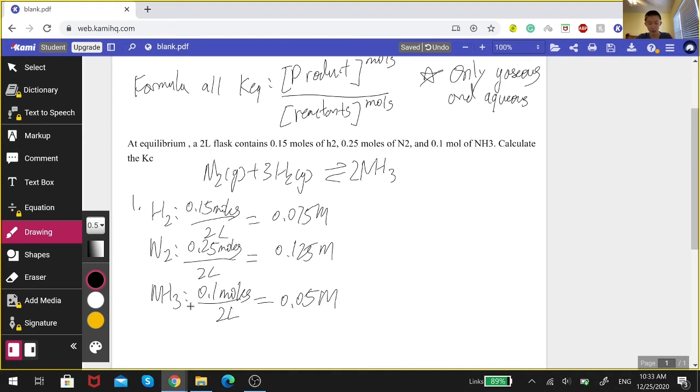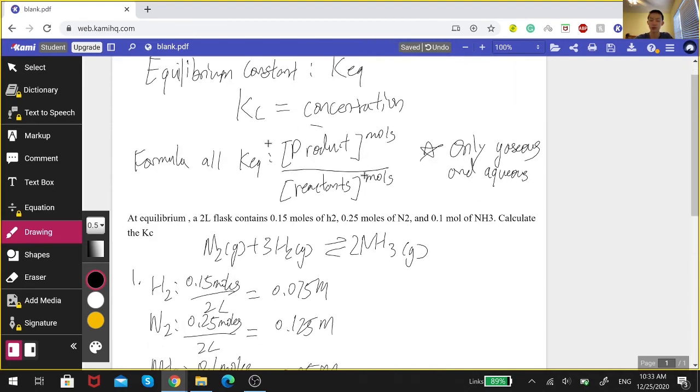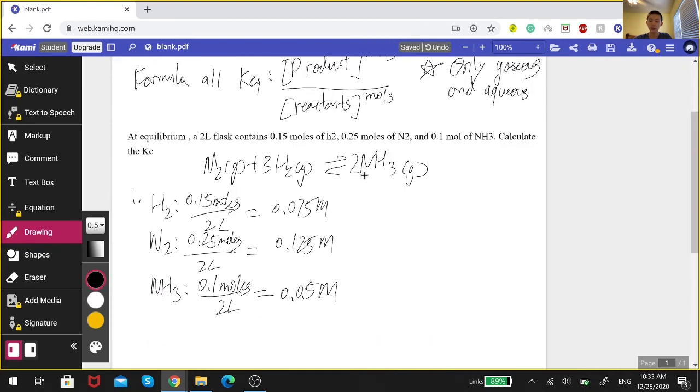Okay, now you would plug all of these into the formula. All 3 of these are gas, right? N2 is gas, H2 is gas, and the NH3 compound is gas. So all 3 can be used in our formula. So, products over reactants: NH3 is our product. The concentration of product is 0.05 M, so 0.05 to the power of the moles, there are 2 moles here,